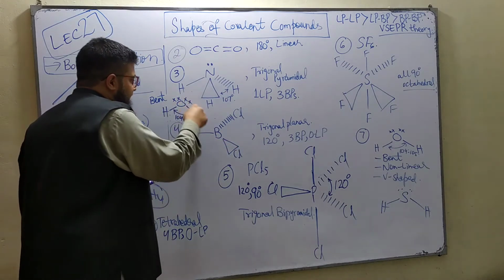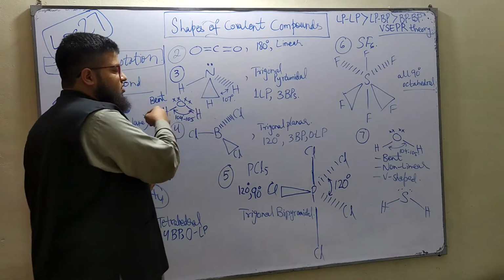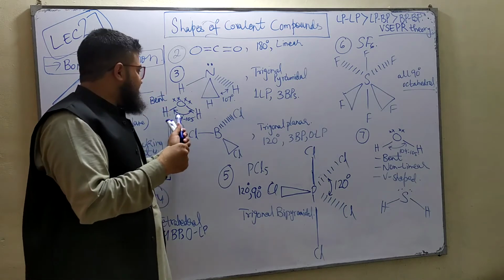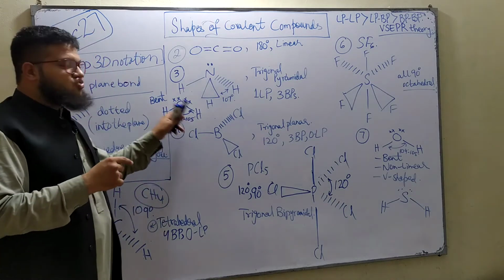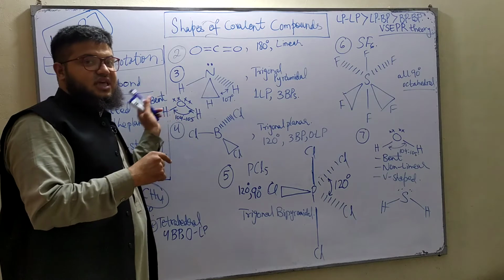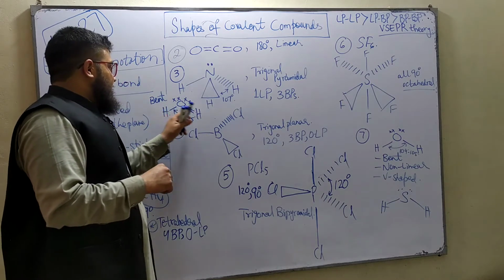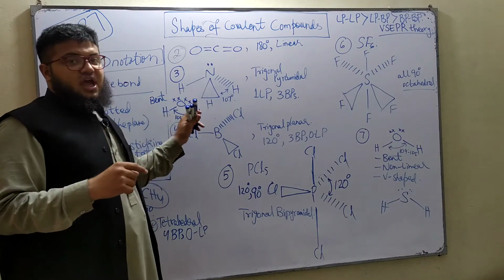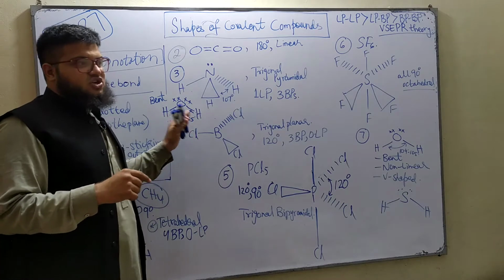And if you look at it carefully, I have made two plane bonds. Plane bonds actually mean that these bonds are in the same plane. They are in the same line. I could have drawn a wedge and a dotted bond as well, because wedge and dotted bond are also in the same line,